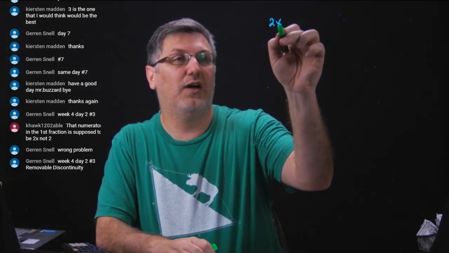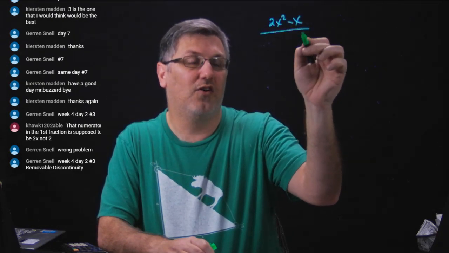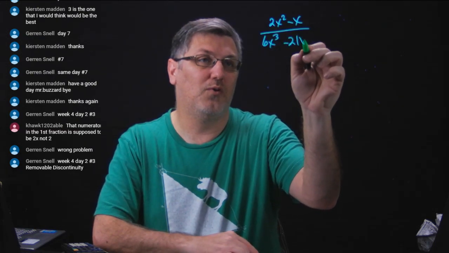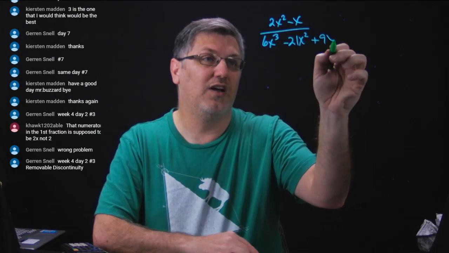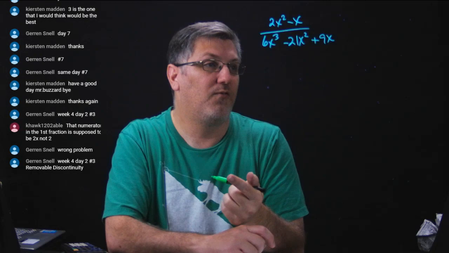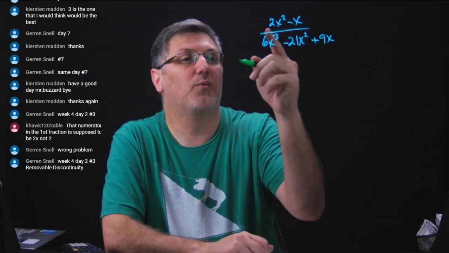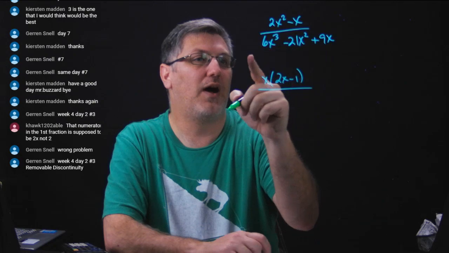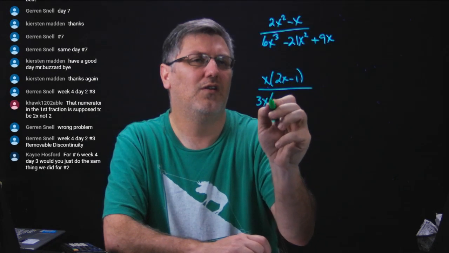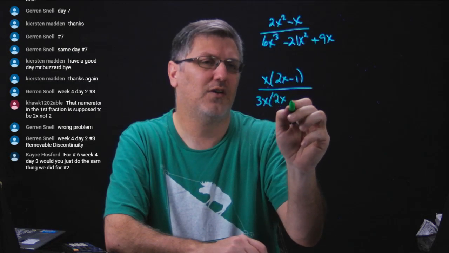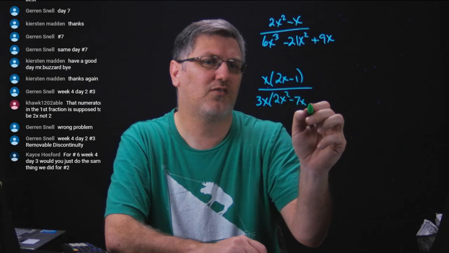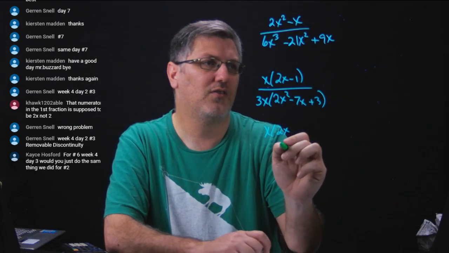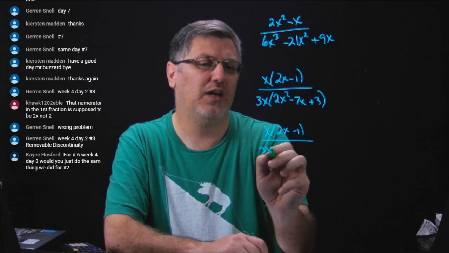So we have 2x squared minus x over 6x cubed minus 21x squared plus 9x. Okay, first things first. Factor, factor, factor, factor, factor. So I'm going to factor out a greatest common factor on top. I've got an x, which gives me 2x minus 1. I'm going to factor out on the bottom a 3x, and that leaves me with 2x squared minus 7x plus 3. This factors. So I have x times 2x minus 1 over 3x times